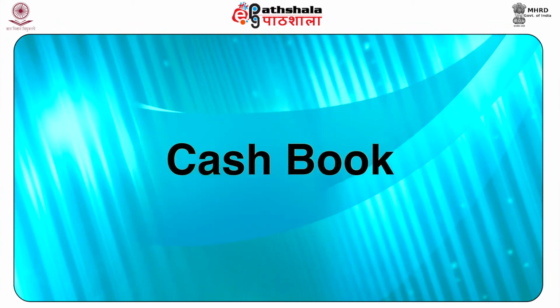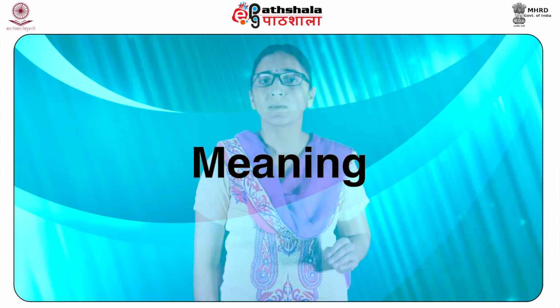Now, let us look at cash book. The meaning of cash book. It is a primary book of original entry in which all cash transactions of the enterprise are recorded in chronological order. It is a journal because all cash transactions are straightaway recorded in the cash book, and on such basis postings are made to various ledgers. It is important to note that there is no need to prepare a cash account because the cash book serves the purpose of cash account also. Therefore, cash book is a part of the ledger also. Hence, cash book is both a subsidiary book as well as a principal book.